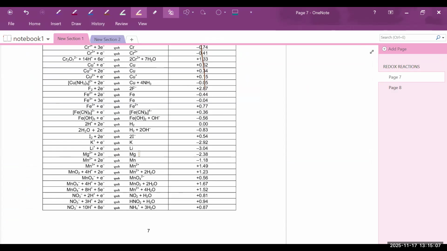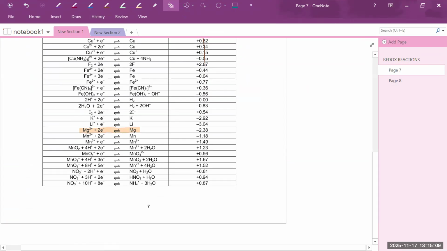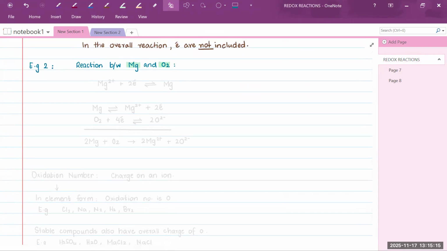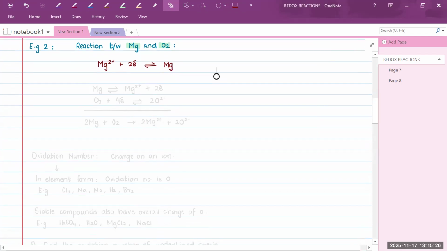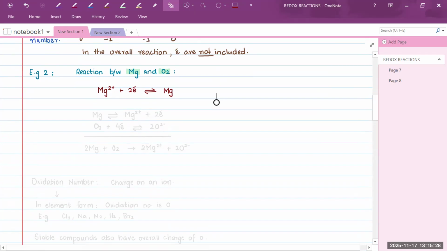Mg plus 2 electrons turning into magnesium. Okay, now I have written it down here as well, copied it as it is from the data booklet. So this was the reaction that we just read, but we know that in this equation, as I said, that